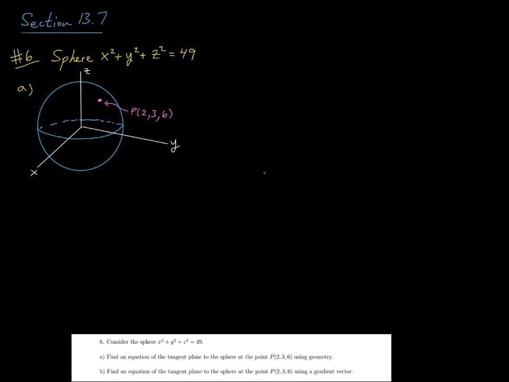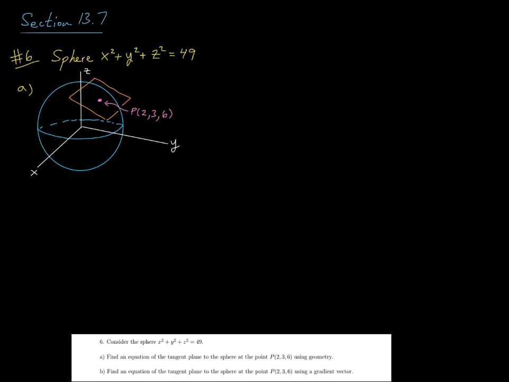All right, next up is number 6 in 13.7, which says to consider the sphere x squared plus y squared plus z squared is 49. So we have a sphere centered at the origin with radius 7, and here's our point P with coordinates 2, 3, 6, and in part A it says to find the equation of the tangent plane to the sphere at this point P. So you can imagine this little tangent plane here